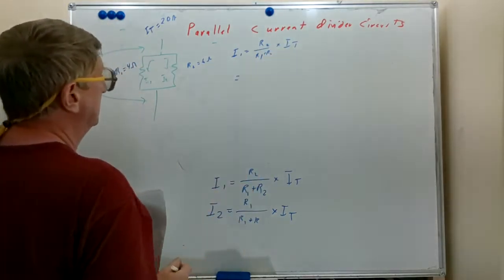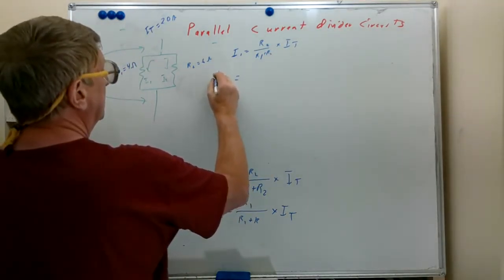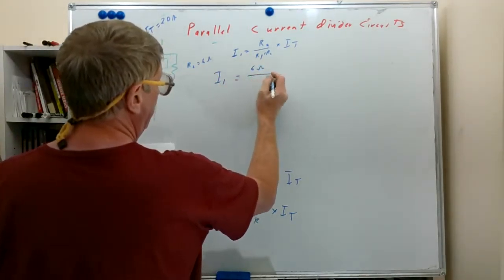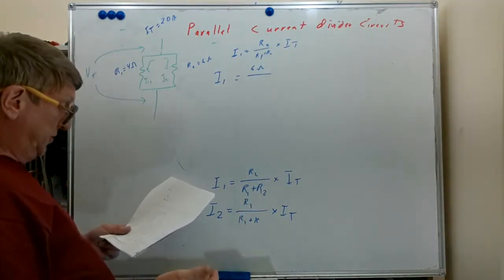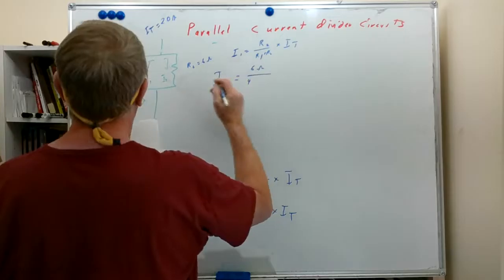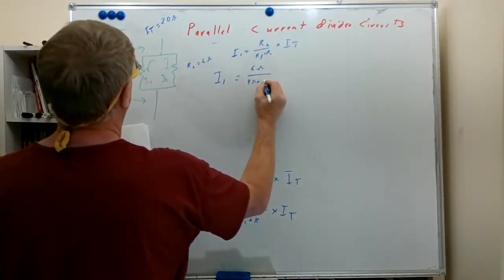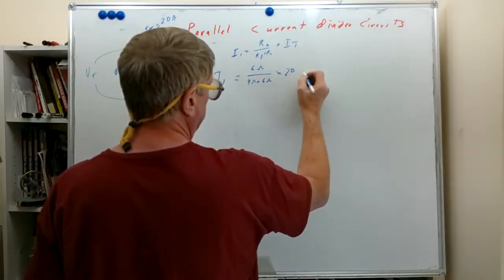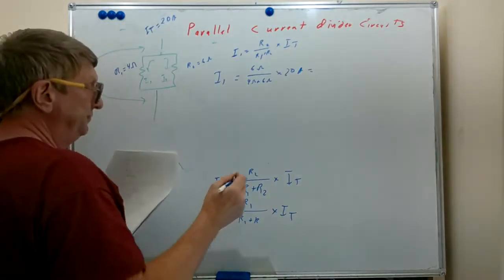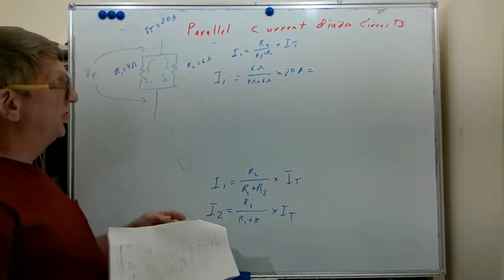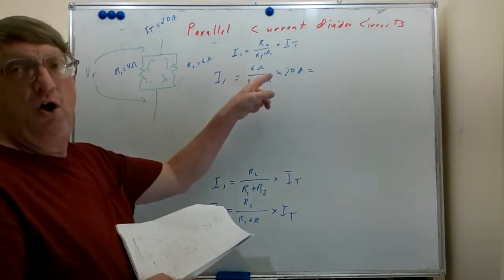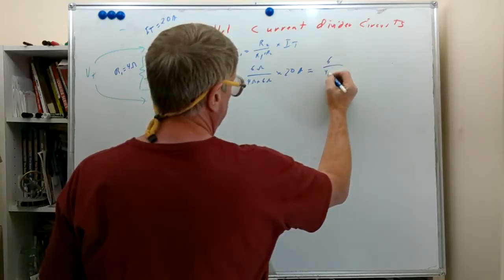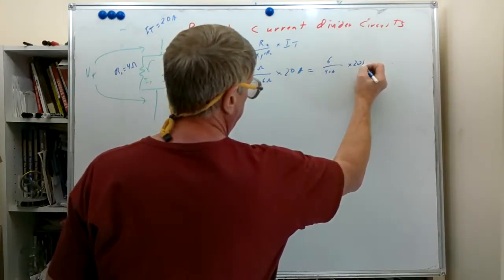It's R2. We're trying to find I1. So I1 equals, what is R2? That's 6 ohms divided by R1, 4 ohms, plus 6 ohms. We're going to multiply that times IT of 20 amps. So we have here ohms, ohms, ohms. They can all cancel. That becomes 6 over 4 plus 6 times 20 amps